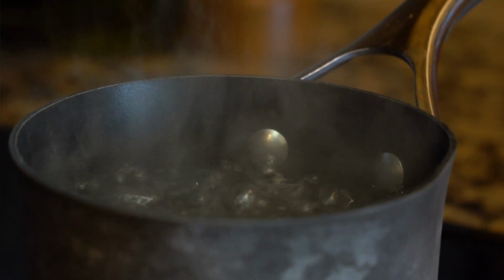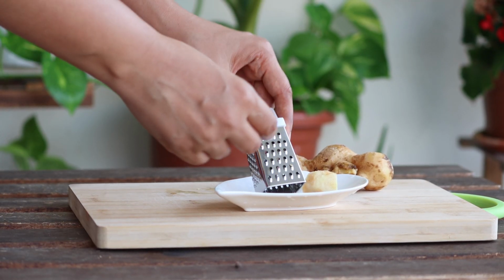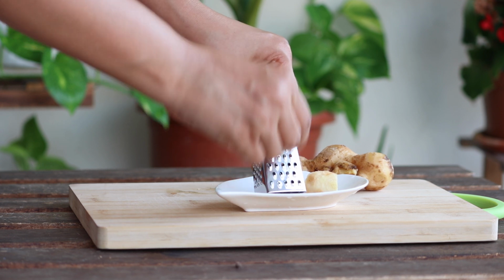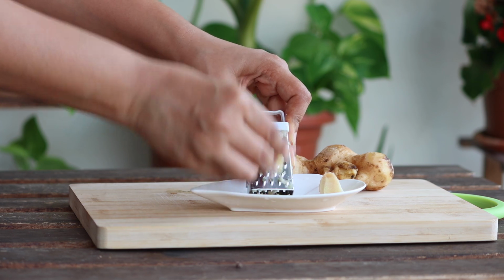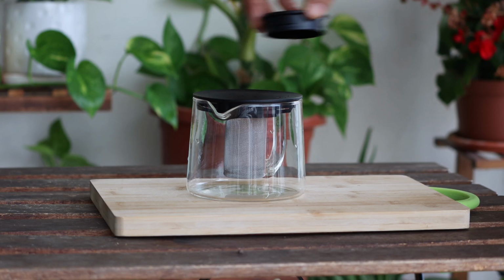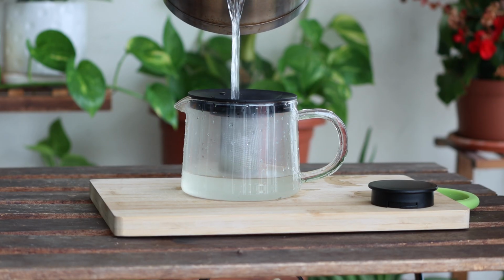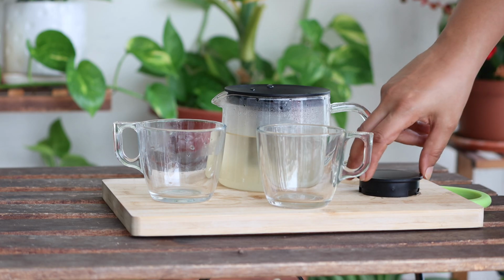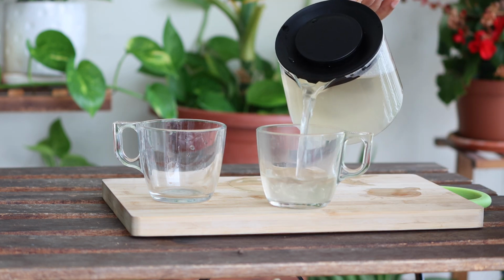Boil 2 cups of water. While the water is boiling, let's wash and grate the ginger. Grating is better than chopped slices to really get the infusion right. You need 1 tablespoon grated ginger. Put it into a jar. Now pour hot water in and let it infuse for 2-3 minutes. Then strain it